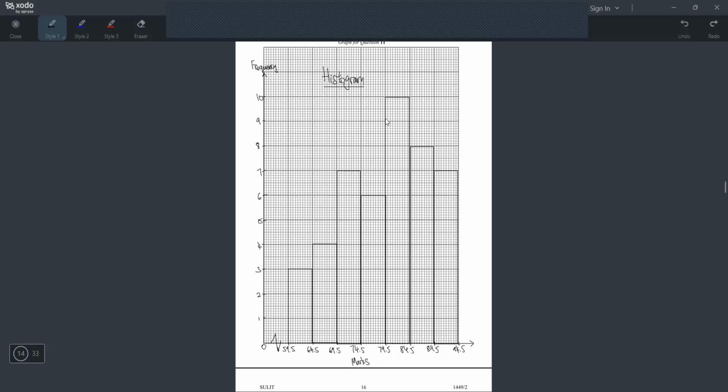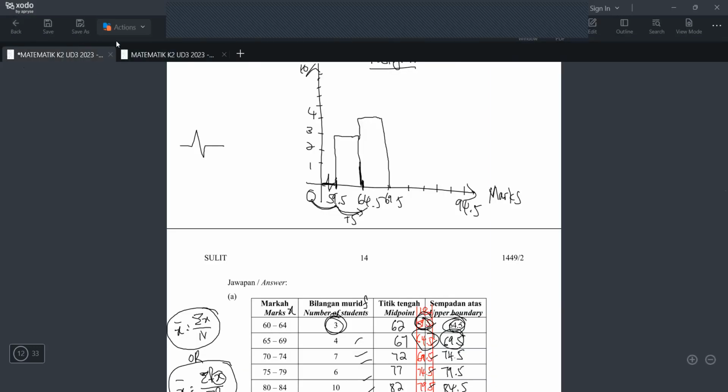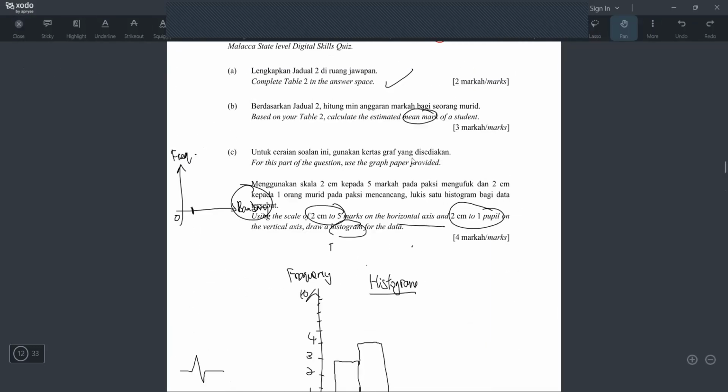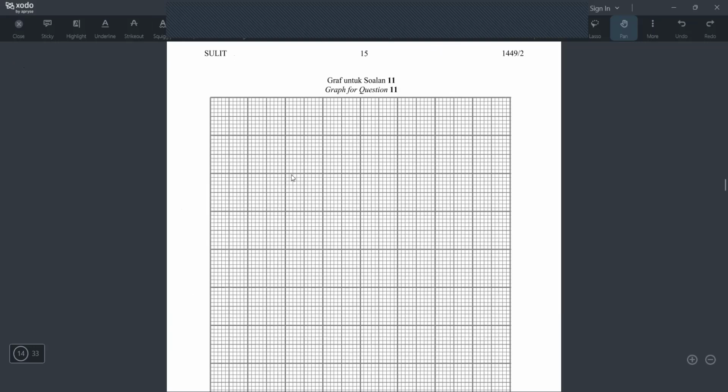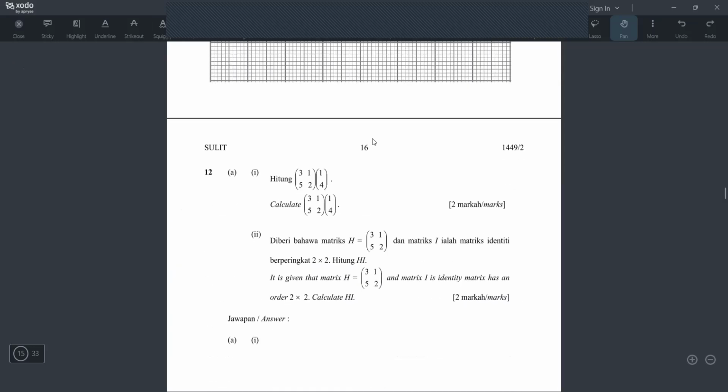Alright, so if you want to check your answer, you can pause here and check yourself lah. And you can pause the video here and okay, tengok dia punya box, dia punya rectangle lah. Okay, so itulah histogram dia. Okay, so soalan C saya sudah buat. Saya sudah tunjuk you tadi. So 4 marks. Alright, so sudah siap. Okay, yang ni sudah buat, yang ni boleh skip lah sebab tadi saya sudah tunjuk you.